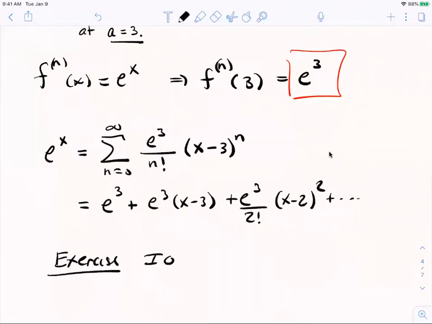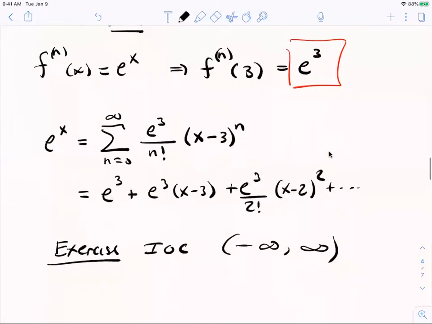But the interval of convergence for this is also the entire real line. If you apply the ratio test to that series, I hope you'll do it, you'll find out that it converges for all values of x. All right? So if we try to look at a graph of that thing,